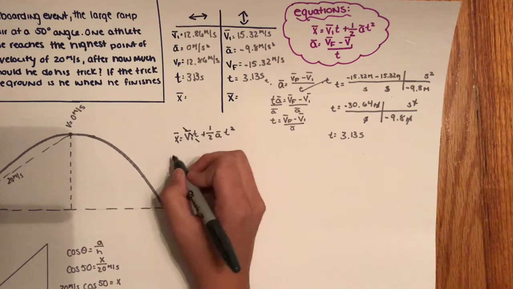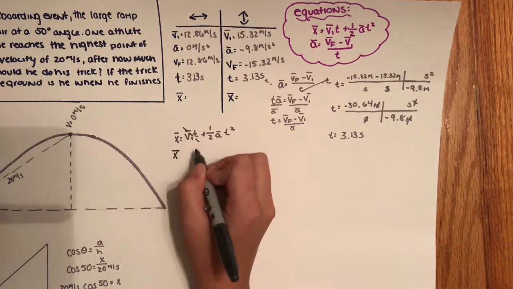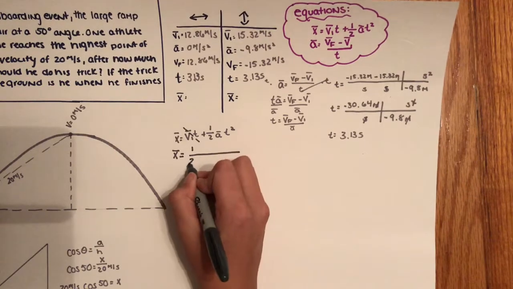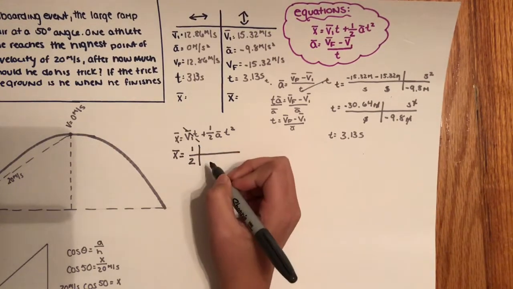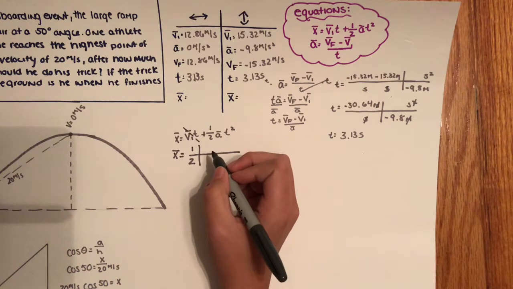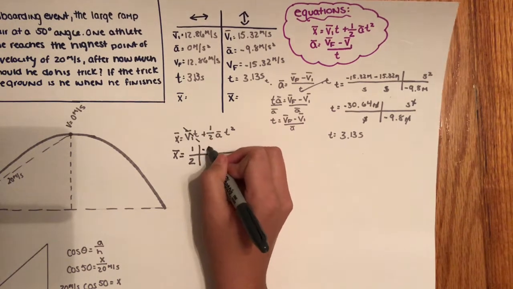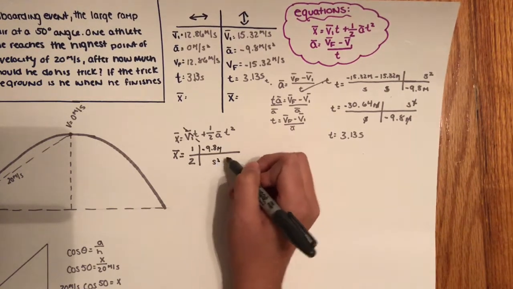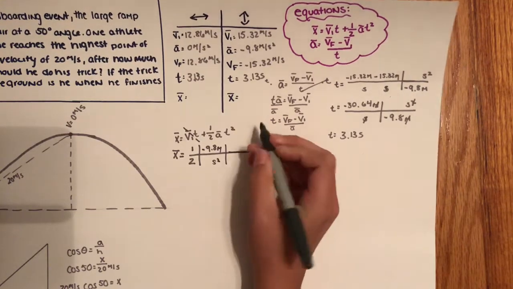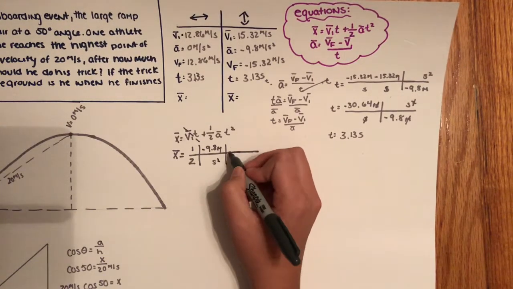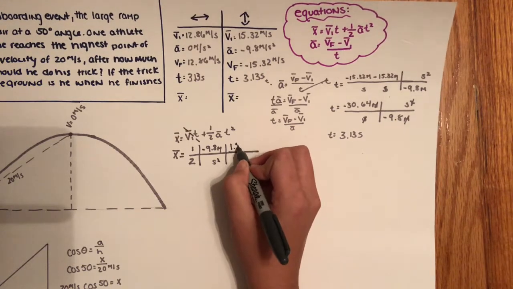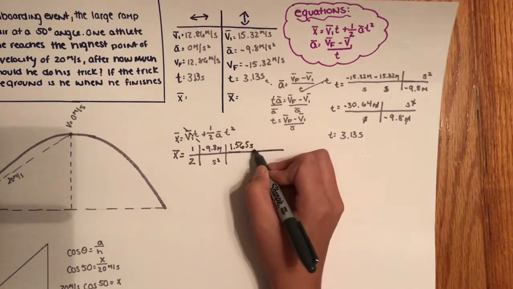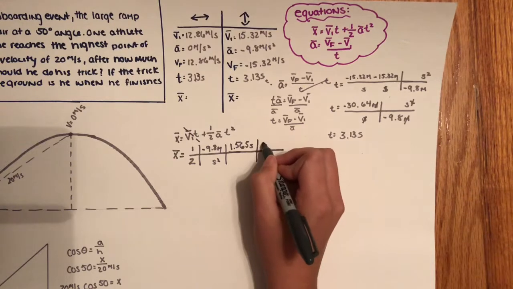times time squared. So using that, we are going to start with the displacement is equal to 1 over 2 times our acceleration, which is negative 9.8 meters per second squared. And we are going to be multiplying that by our time. Now for our time, I'm going to be using 1.565 seconds. And again, since it's time squared, we are going to multiply again by